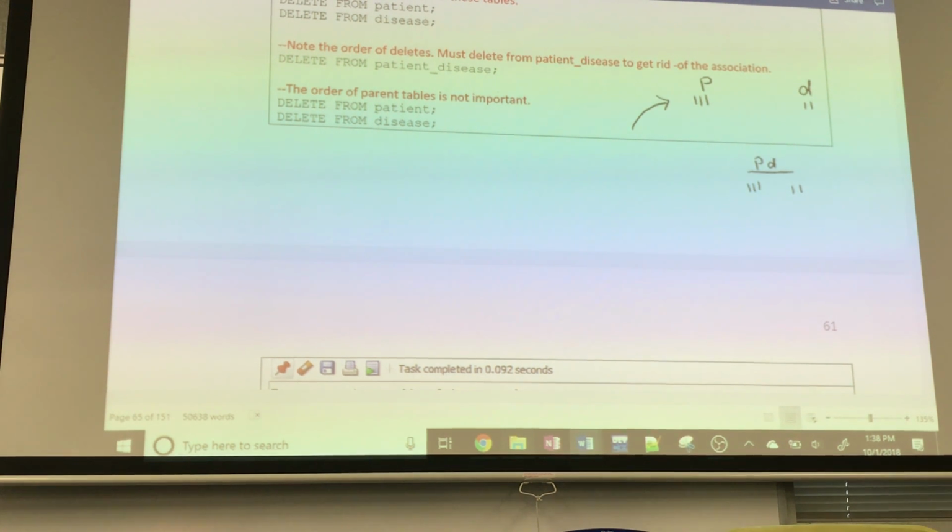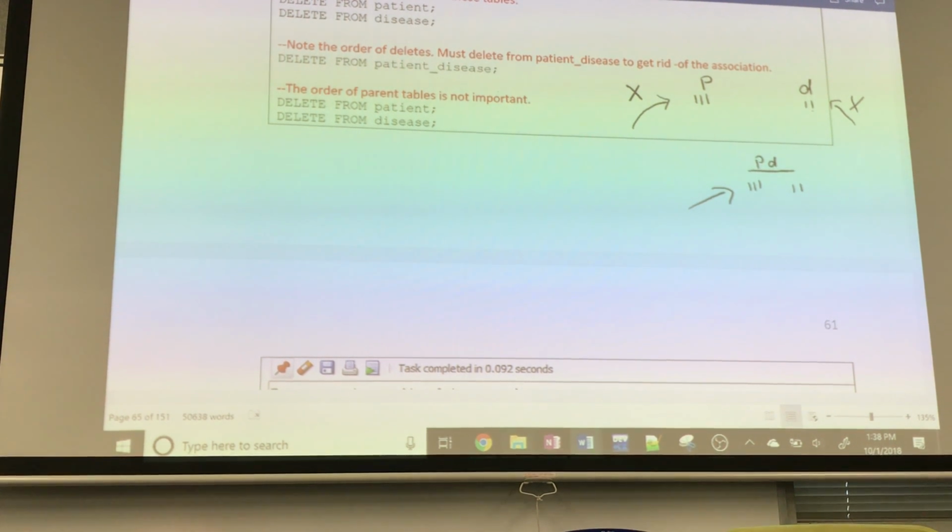No. No, why not? It's connected with the other. It's connected, okay? So this cannot happen. Can you go ahead and delete this? No, because that's also not happening. Can you delete that? Yes. Okay. So once again, the rule that you want to keep in mind is that you